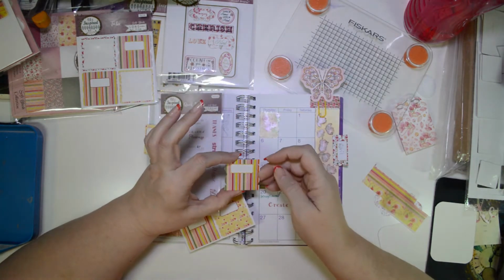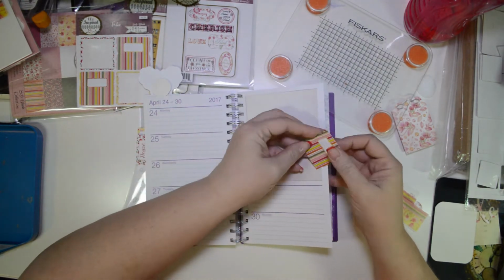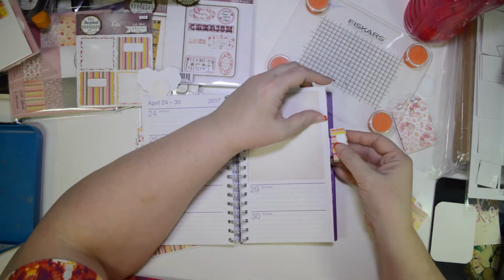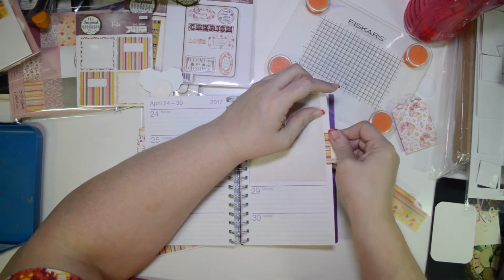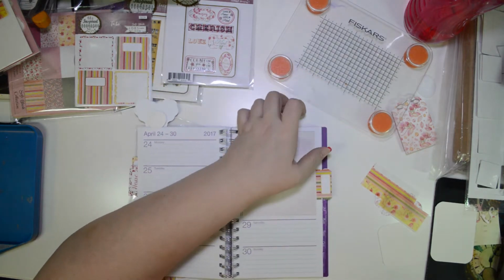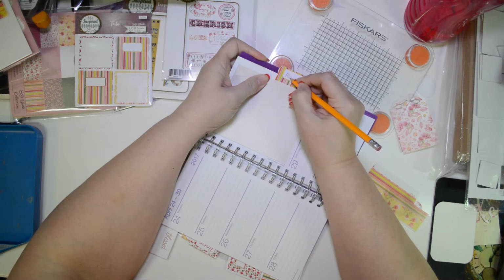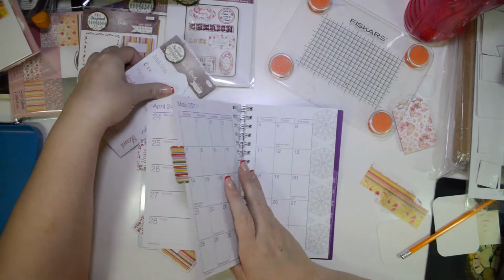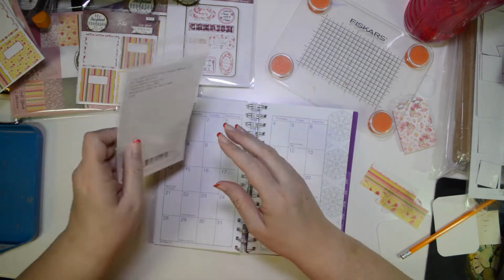We are going to use the lined one today, so it is different than the month of May. And it already comes scored. It's all you have to do. Pop your tab on. I'm going to write May on here. Just so I'm prepared a little bit extra for the next time, I want to